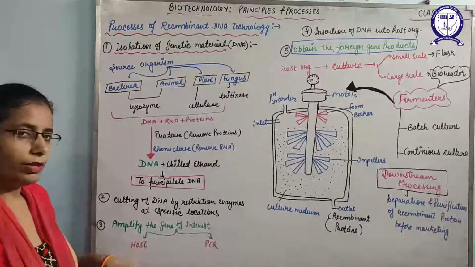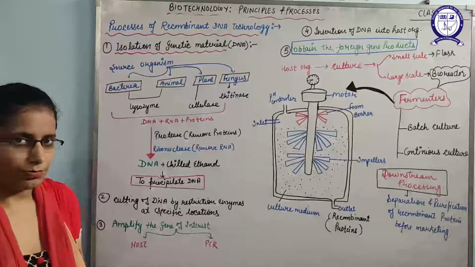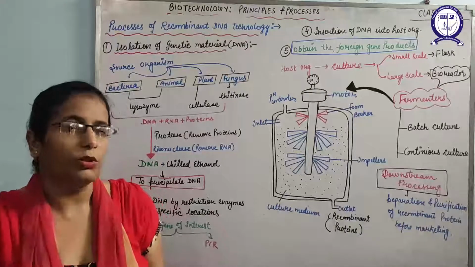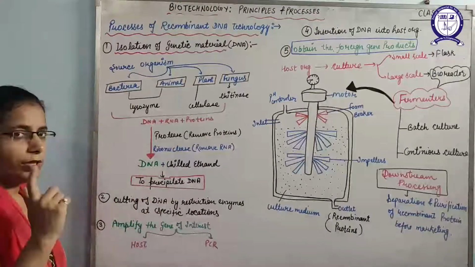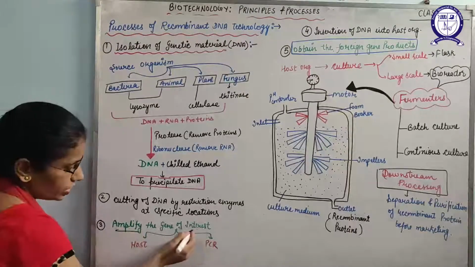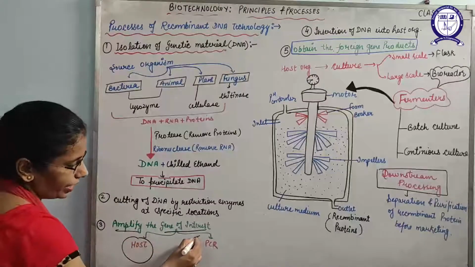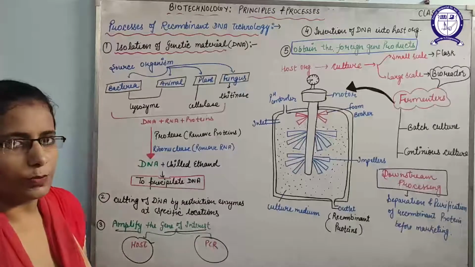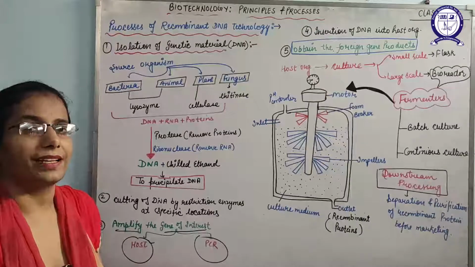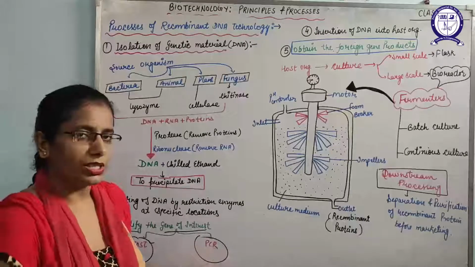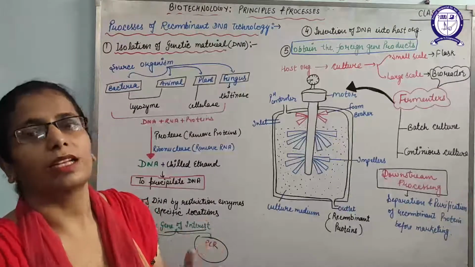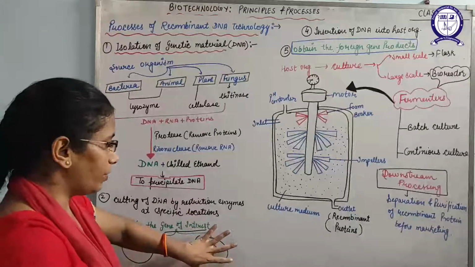What we will do? We will make multiple copies of that gene. In the same way that we take the foreign gene, we have to take the vector also from the organisms. We have to make multiple copies of the gene of interest, but it will depend on what we are using here. We can make multiple copies of the gene of interest in a host, and also by PCR. If we are using the host, it is a time consuming process, but if we are using PCR the speed is high, so it will make millions or billions of copies of the DNA in very little time. So after that, we have made the multiple copies.